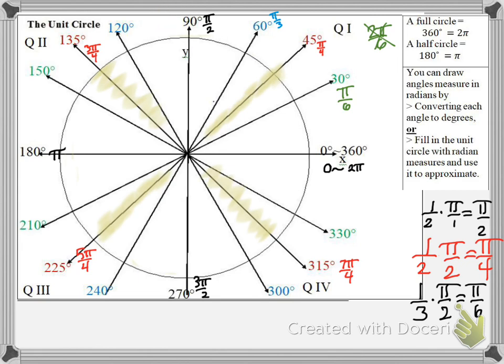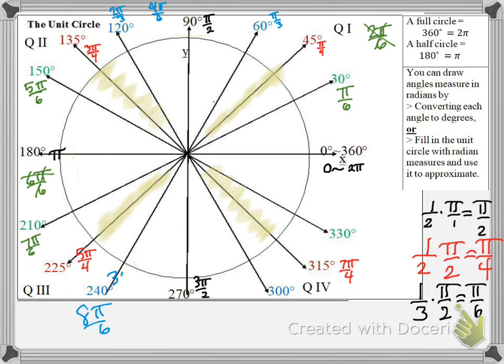I'm doing 4/6, which I'm going to reduce down to 2 pi over 3. So that's 4/6. Next I would need 5 pi over 6. And then I need 6 pi over 6, which is just pi. Then I need 7 pi over 6. And I need 8 pi over 6,